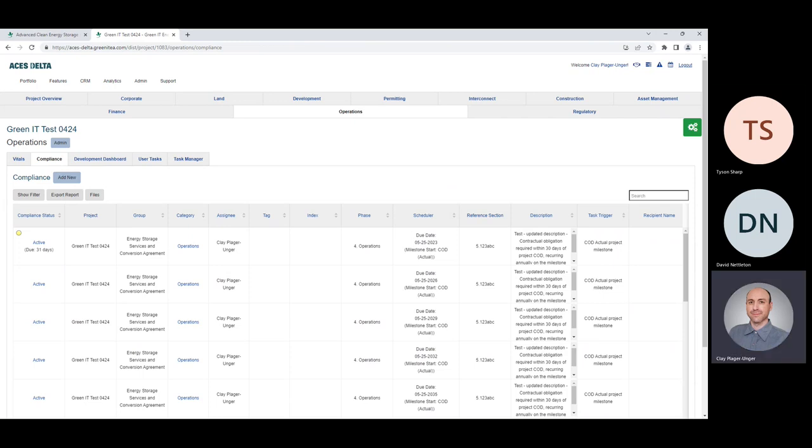Okay. Any questions? Can you explain the yellow dot? Yes, here. This yellow